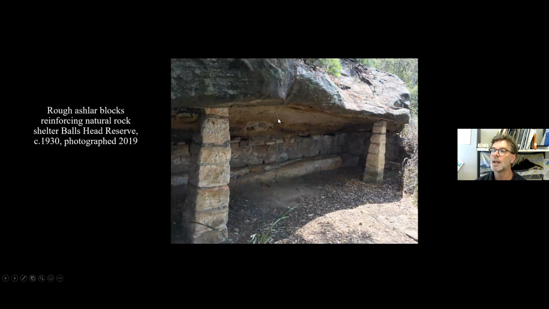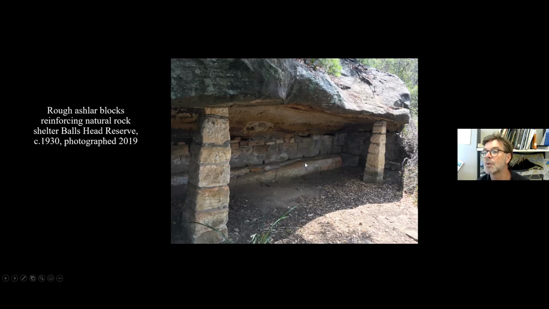Ball's Head, here are the natural overhangs that almost certainly Aboriginal people would have used back in the day. When you look under these, you'll often see lots of soot, whether that's the soot of fires from Aboriginal people or people who've lived in these overhangs subsequently, possibly in the depression of the 1890s or in the 1930s. But anyway, this overhang here has been turned into a natural shelter when Ball's Head was turned into reserve from 1926, and then a lot of building or a lot of beautification happened in the 1930s.